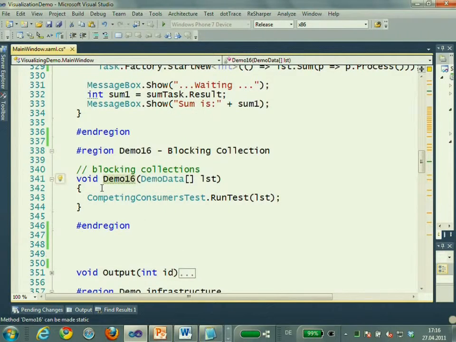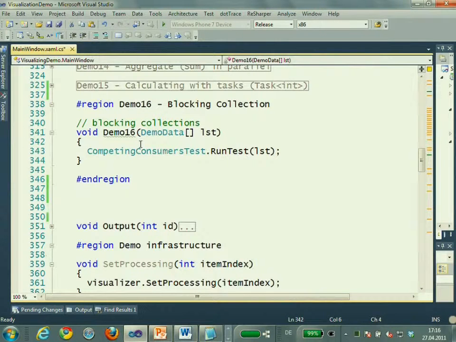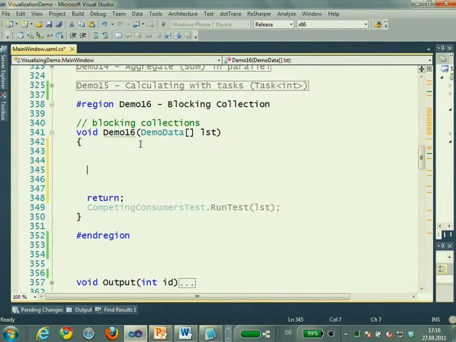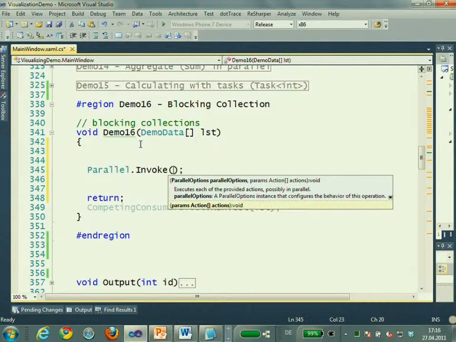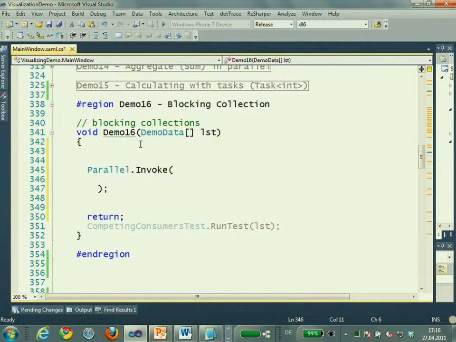Everything you've seen so far was based on the tasks framework or Parallel LINQ or Parallel.ForEach. Well, actually, there's one more thing which I'd like to show you. There is a Parallel.Invoke, not just Parallel.ForEach, but Parallel.Invoke. That's pretty interesting. It allows you to just specify a number of Lambda expressions, a number of actions, and run